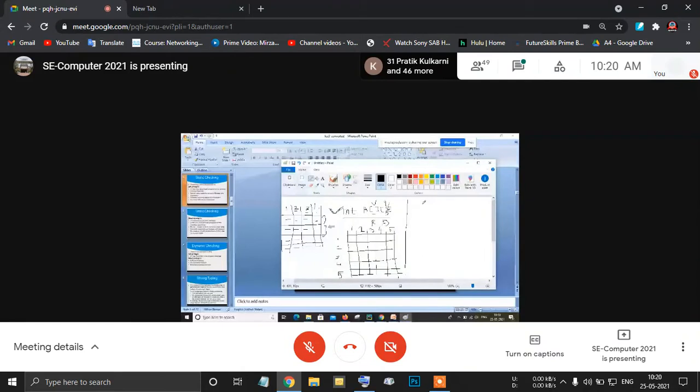Very simple example: integer a, and I don't mention the size. Now I have to read the size of the array from the user, 3 by 5. I can easily read this 3 by 5 and print this data, 3 rows, 5 columns.